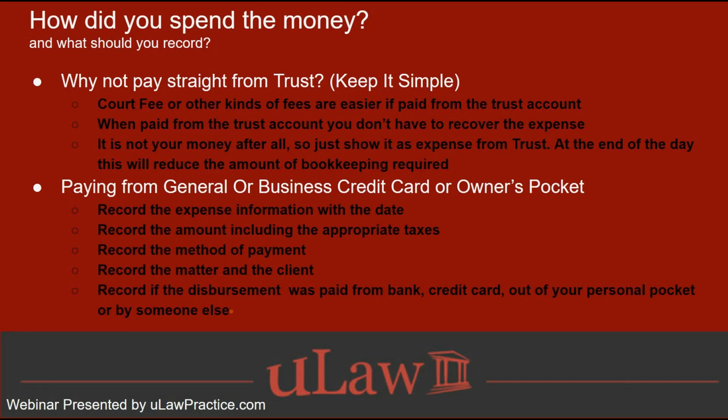Yeah. So a good example, and we'll get to this in our next slides, what's a good example for a trust disbursement? But let's drive home the point that if you do use the trust account, then all you're doing is when you pay for that disbursement, instead of using the general account, you're pretty much writing a check, for example, right from the trust account. So that same application fee of $260, you're not using your own credit card to pay for it.